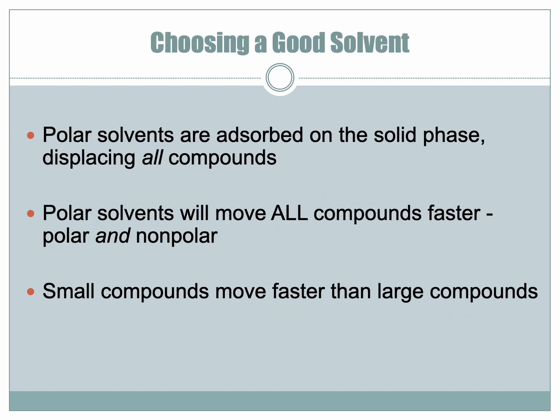Polar solvents are adsorbed on the solid phase, displacing all compounds. Polar solvents will move all compounds faster, polar and nonpolar. Small compounds move faster than large compounds. So the point here is that it's this tug of war between polar and nonpolar. And so your compound has to choose which phase it likes more, polar or nonpolar, and that's what does the